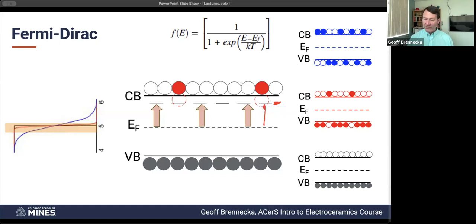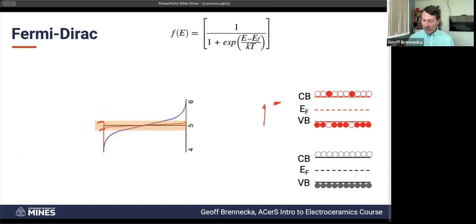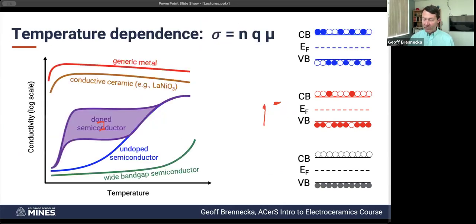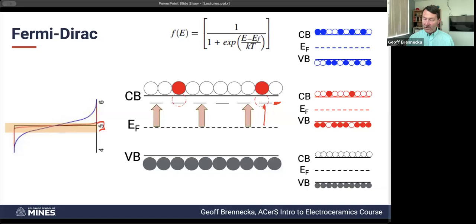And so all you're doing is shifting this distribution. So if you notice, the distribution went from centered around the Fermi level, the band gap is centered around the Fermi level, to now if we dope it, we have essentially shifted the Fermi level up within that band gap. So the band gap stays the same, we shift the Fermi level up. And because of that, it takes less energy for electrons to hop into that conduction band. And so then we can